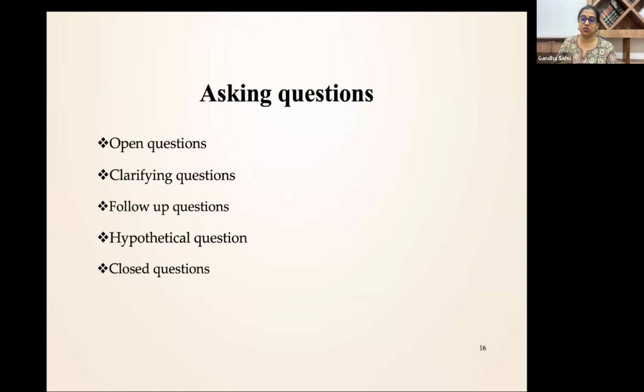So always ask yourself, why am I asking this question? From where is this question coming? Is it coming from curiosity, or is it coming from judgment? Judgment will lead you towards a direction or towards a story that you are creating in your mind. Curiosity will allow you to understand the story from the perspective of the person who's telling this.